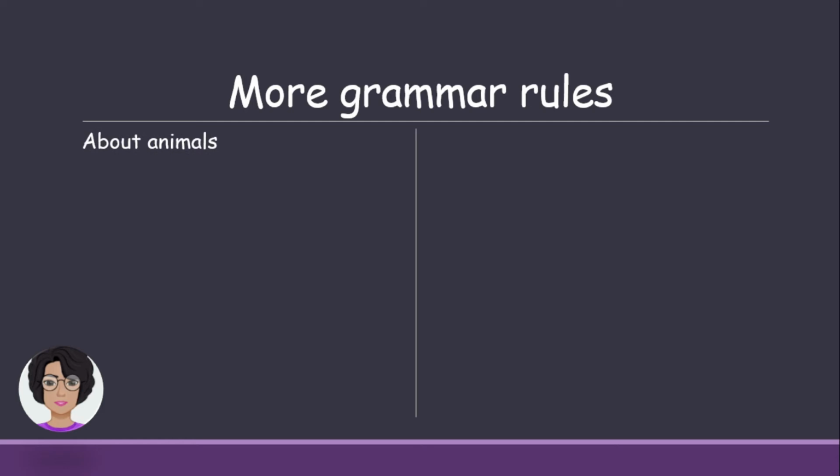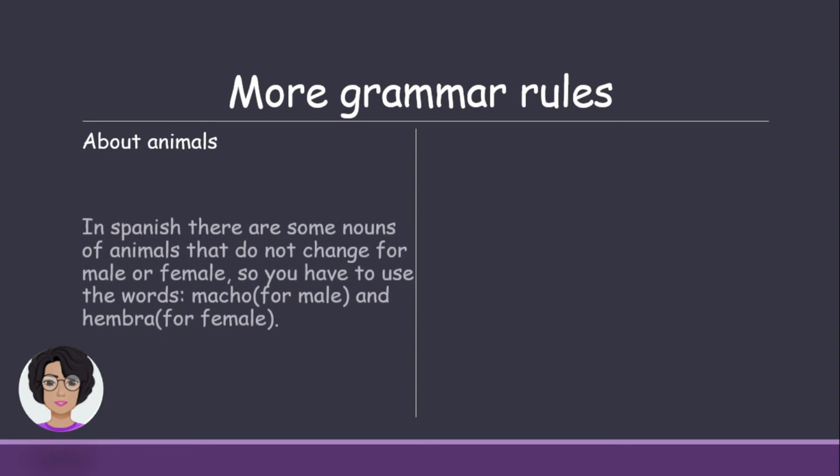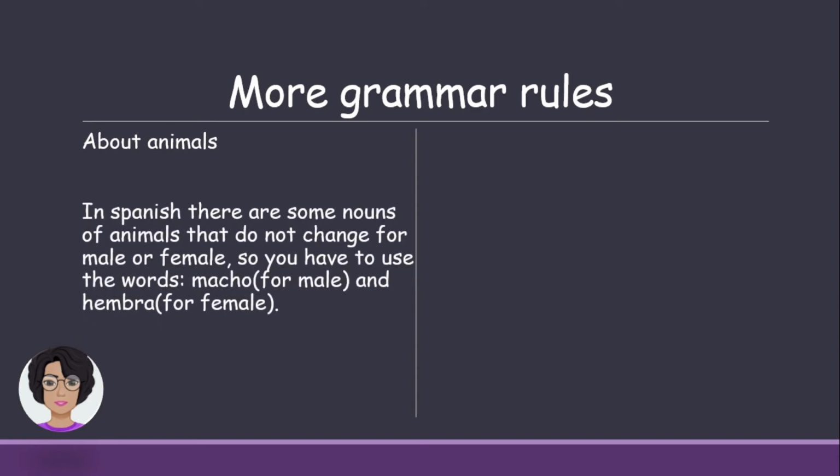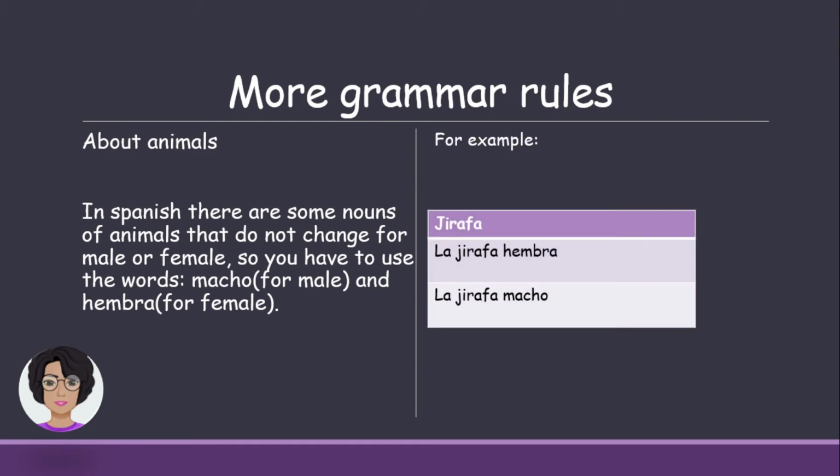As well, we have some rules for animals. So in Spanish, there are some nouns of animals that do not change for male or female. So you have to use the words macho for male and hembra for female. Let me give you some examples. So here we have the word jirafa. Remember, jirafa is an animal, giraffe, but if you notice, it ends in the letter A, so it's a female